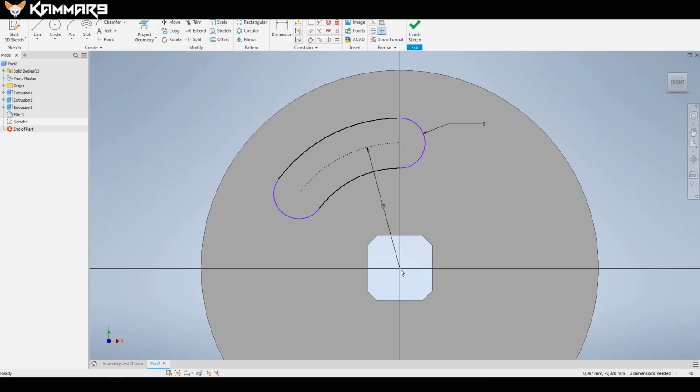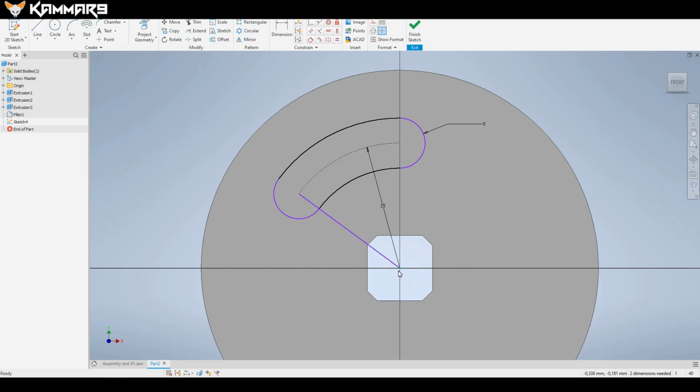Doesn't work. Let's try like this. It doesn't work. Okay, what I suggest to do is to add a line here between these points, as you can see,